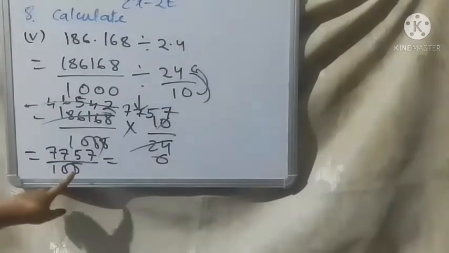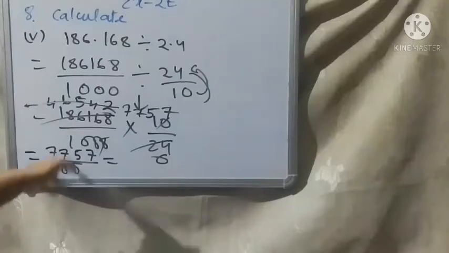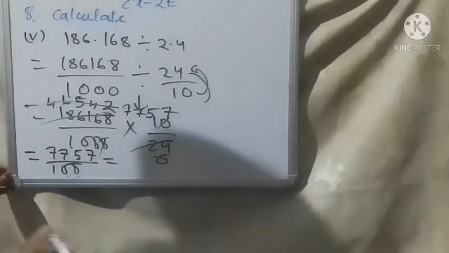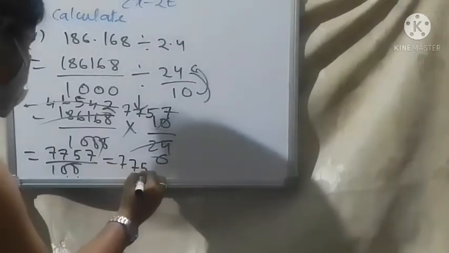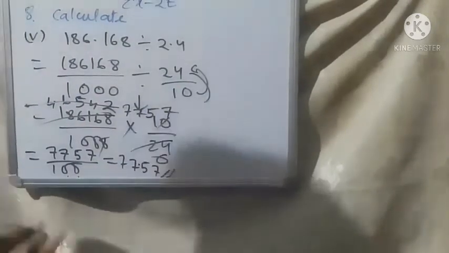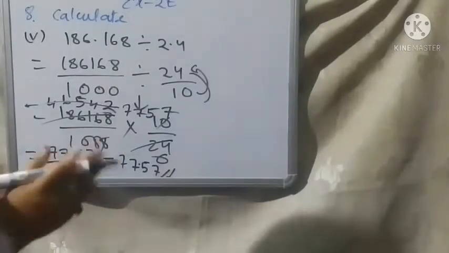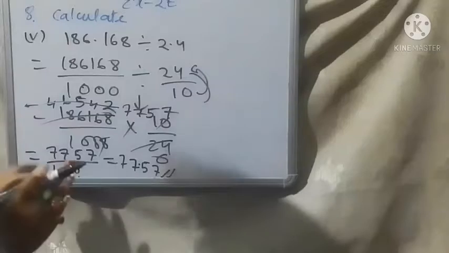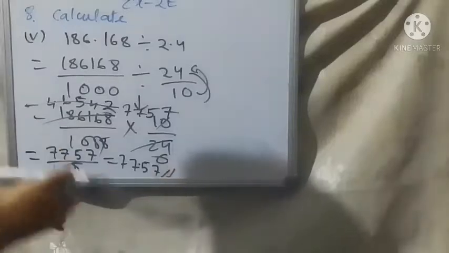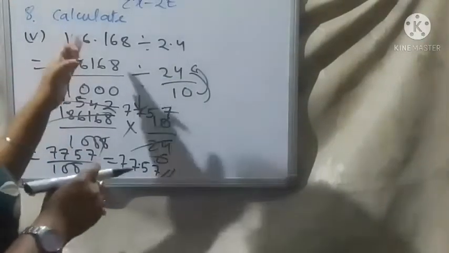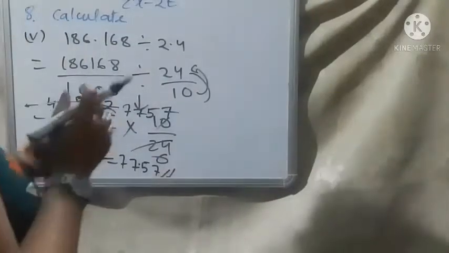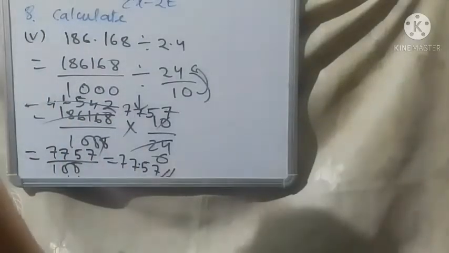You will write. Now you have to write this one in decimal form. How will you write? After 1, how many zeros? 2 zeros. Now you will place the decimal point before 2 digits. Now 77.57, this is your answer. So be very careful while placing the decimal point. It depends upon the number of zeros present, whether it is given in the form of a fraction, or if you want to convert a decimal into the form of a fraction, you see after the decimal point how many digits are there. If it is 1 digit, then 1 zero. If it is 2 digits, then 2 zeros. You please be very careful.